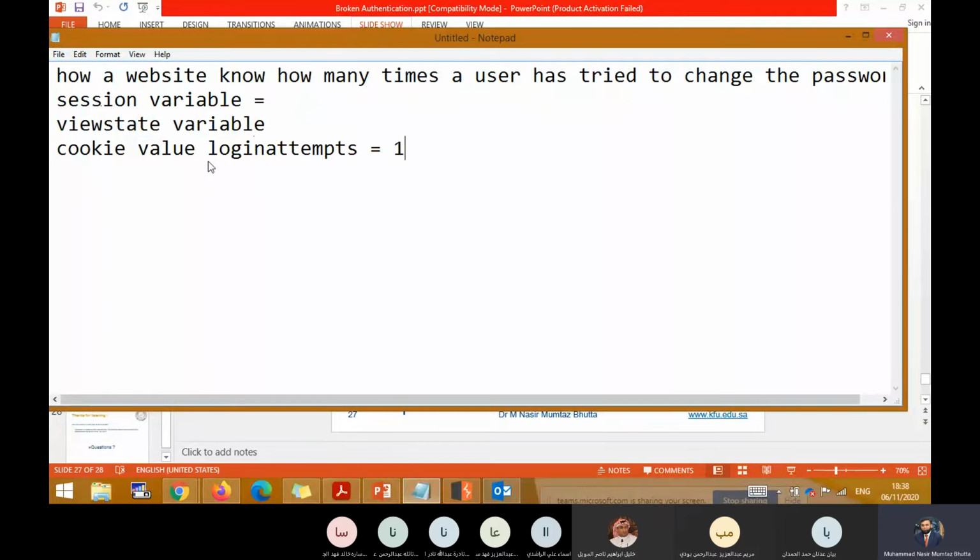First time you tried, it will be set to 1. In the request header, it will go as 1. Second time, it will go as 2. Third time, it will go as 3, right? In the request header. Understand? Yes. So you can capture this in the proxy. And every time you are requesting, you can also create this as a variable in the intruder if you are launching many attacks, and every time provide it the value 1.